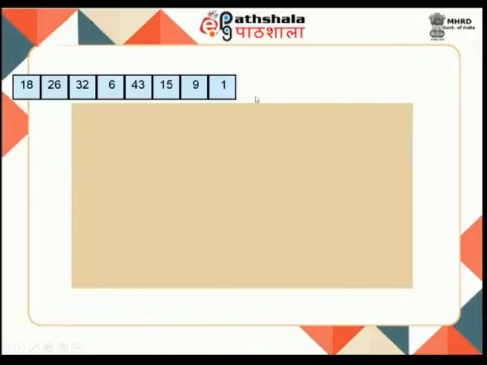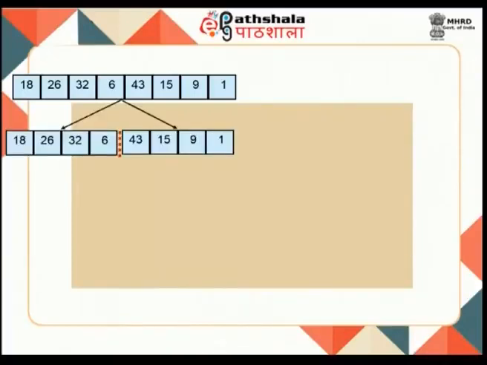So this array needs to be divided, because division is going to be the first stage of divide and conquer. So you can see very well, now I am trying to divide this array into two sub arrays. So you can see very well the sub problems are similar to the original problem, only difference is the size of the sub